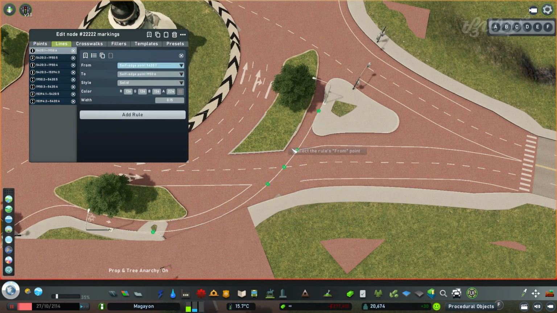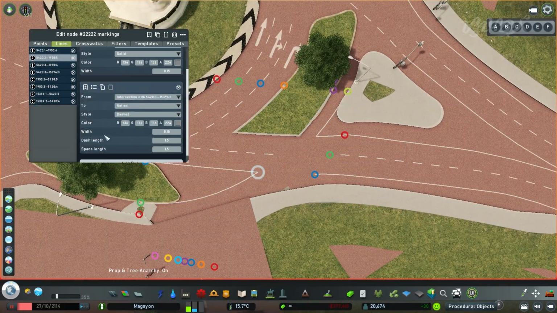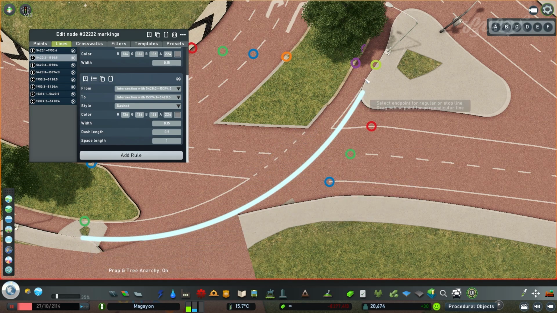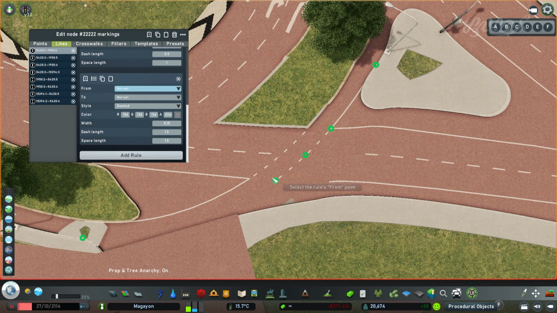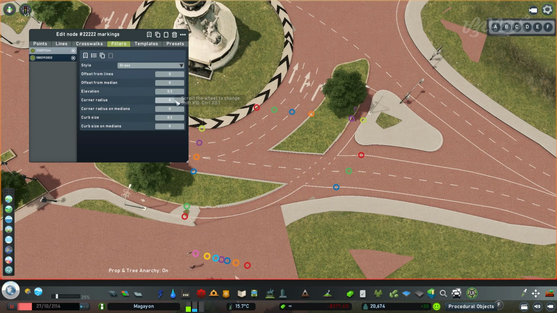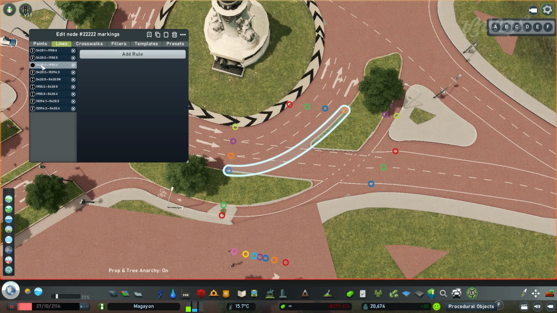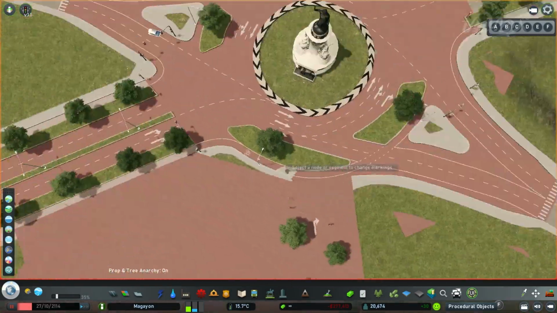But if I were building the highway, which I will be building in future episodes, because the city really needs a highway, even though traffic is almost non-existent, I still want to build a highway. But yeah, I'm just doing this roundabout, two-way roundabout. No, it's not a two-way roundabout. It has 2 lanes going in and out, but in the center it has 3. I don't think that's how it's supposed to be.